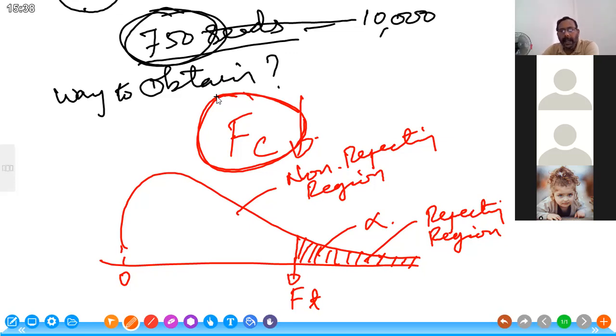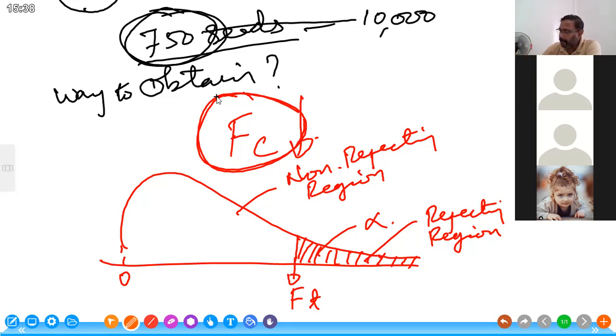Reduce. The chance of rejecting our null hypothesis will reduce. So this is one of the problems. Even if there is a treatment effect, sometimes there may be a treatment effect, but it will be masked by